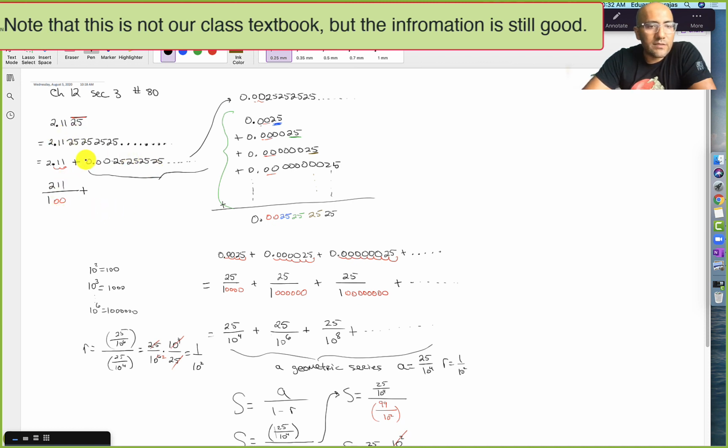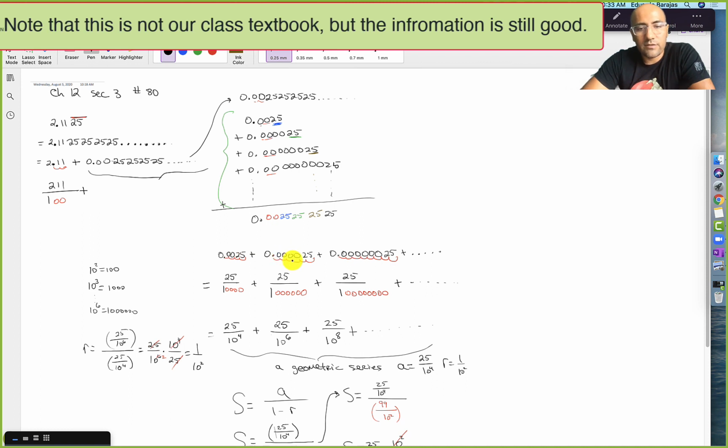We broke it up into two pieces. The part that does not repeat is this part. Okay, that's easy to find. So we have this fraction equals 2.11, done, right? It terminates there. Now this part that goes on forever, we break it up into a sum of individual decimals that each on their own terminate. So this 0.00252525252525 forever can be thought of as an infinite sum, where the first term is 0.0025,